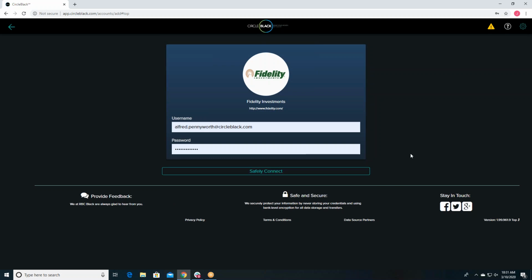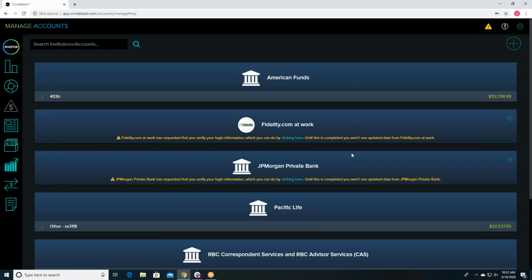And something else that you will notice, with aggregation, there are sometimes issues with the account linkage being broken. A lot of this happens if you were to change your Fidelity password and Circle Black hasn't recognized it. So if something like that happens, you will get an email from Circle Black letting you know what account needs to be reconnected. You'll also be able to see this hazard icon when you first log into the platform. So you can see here, there's an issue with one of your accounts. Please click here. So we're going to click there,